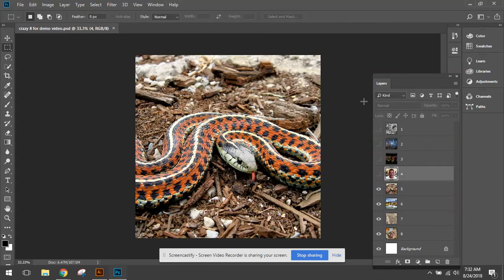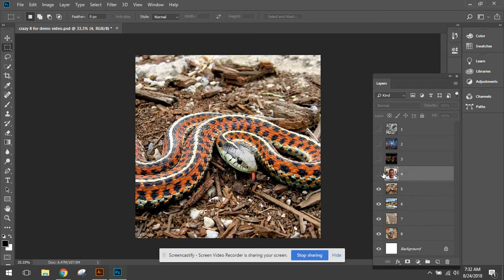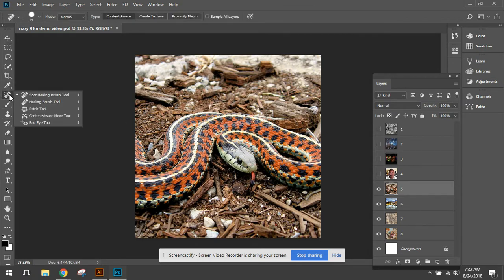This is the second tutorial for finishing up the Crazy 8 in the new Adobe Photoshop CC series. I left off in the last tutorial with layer 4, which is your portrait, which you erased. Once you're done with that, you're going to click on layer 5. Now layer 5 is supposed to be eraser brushes, and we've found the eraser tool